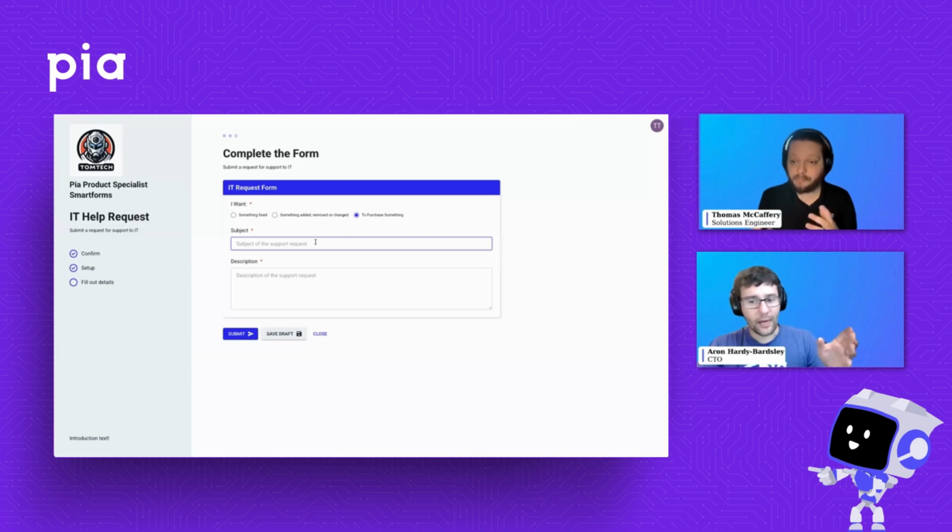Yeah, and of course, with the IT help request form specifically, that one is a great one for people to customize because there's really not a lot of automation on this particular form. It's really just to capture information, but it's a way to show people what's possible with the forms, right? So we definitely encourage people to take a copy of this one and modify it for themselves. If you want to copy any of the forms, you can contact our support team and say, hey, I want a copy of this form so I can modify it for myself, or you can just go in and create the forms for yourselves in the Pia portal as well.